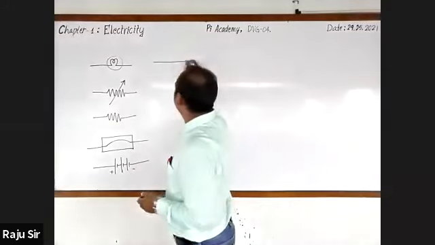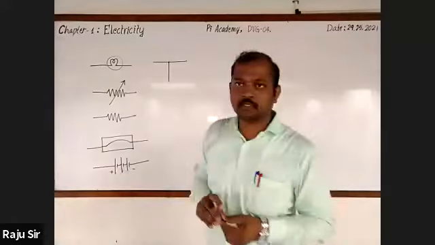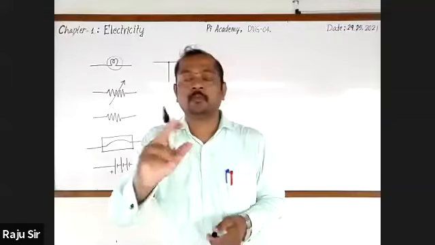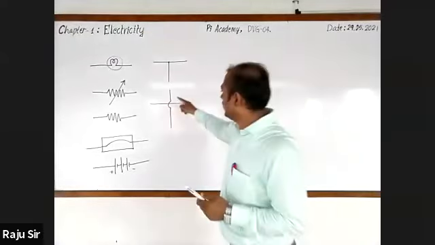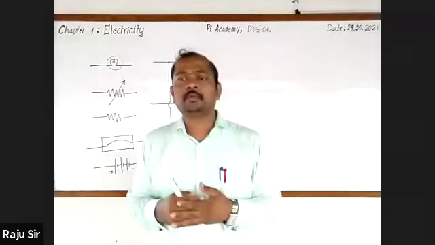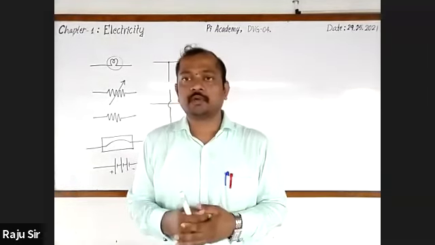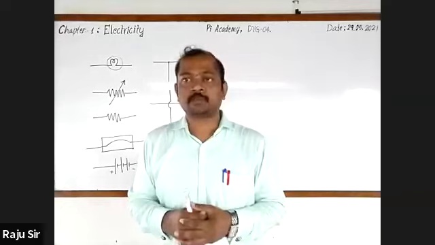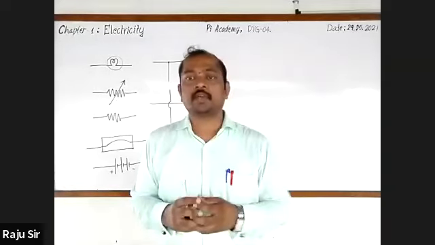One more, it is a wire, and another wire is connected. Wire joint, sir. It is wire joint. Wire crossing without joining. Wire crossing without joint. Like that, we come across different electric circuit symbols of other electrical components as well. Please do learn them. Chance of asking also.